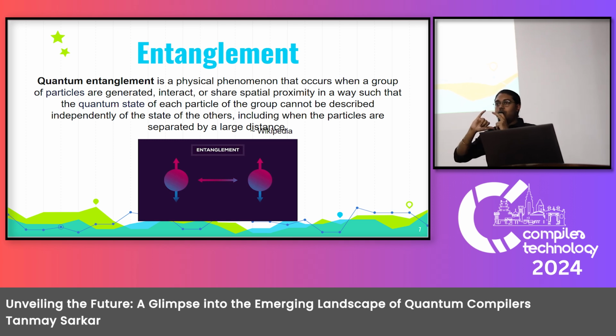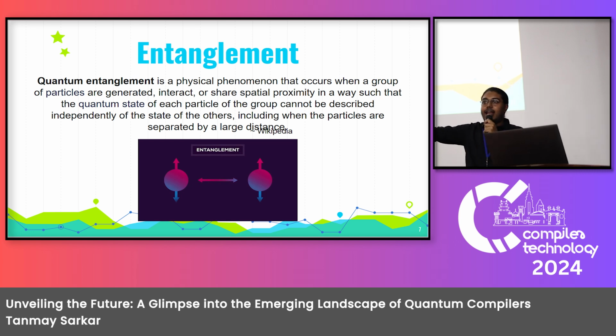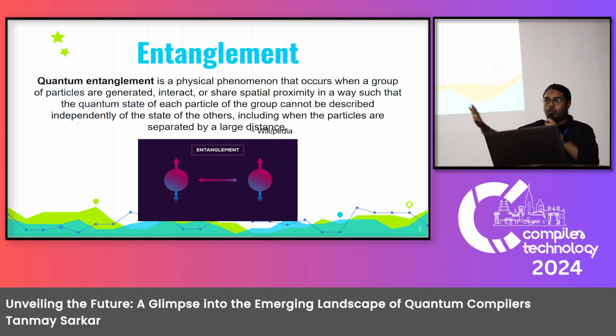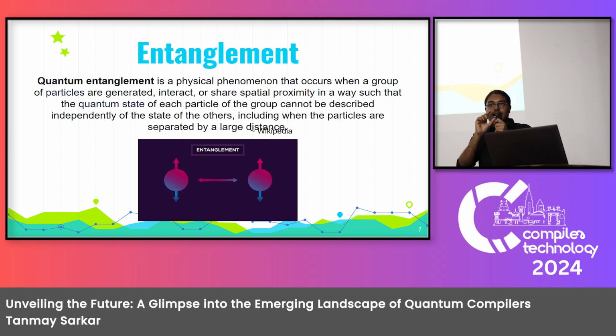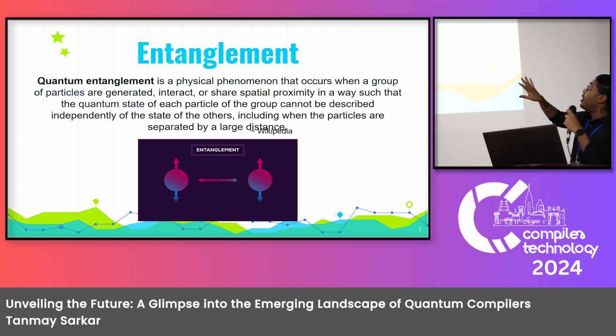So let's say two electrons are entangled with each other. What would happen is, let's say we take one electron away, to the solar system or as far as we want, and then we measure one of the electrons. If we measure the electron that we have with us to be spin up, then the electron that is arbitrarily far away would also turn out to be spin up. This phenomenon is especially used a lot in the quantum networking domain.